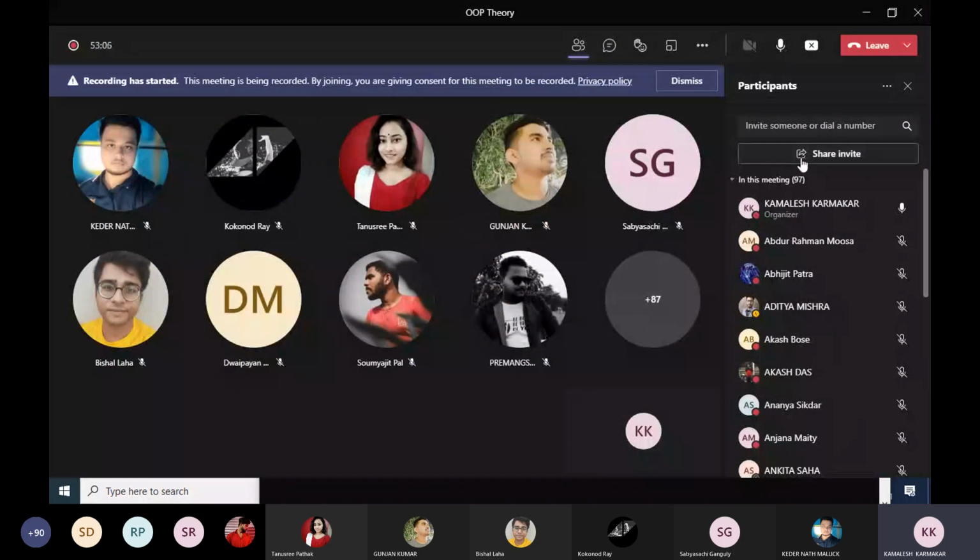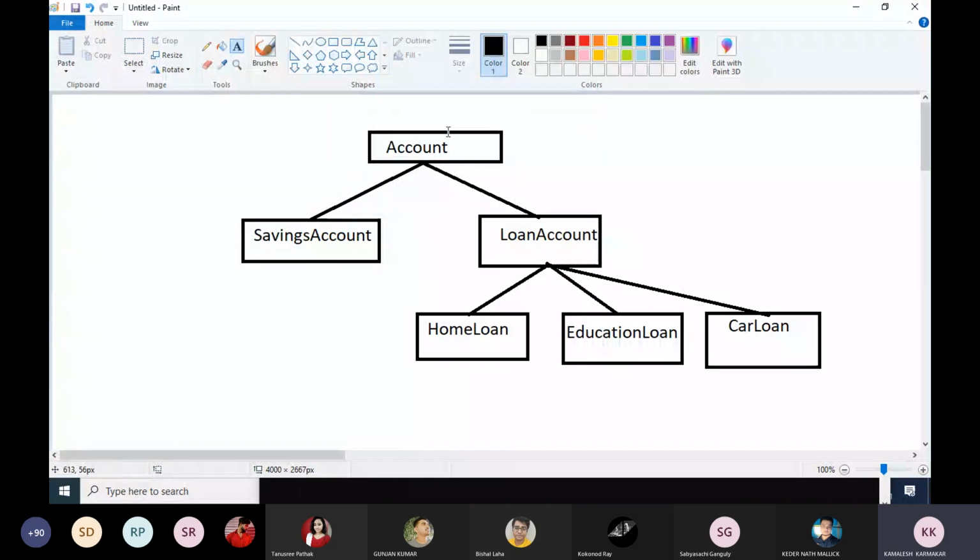Give me just 2 to 3 minutes more. I know that you are already tired, but just to complete this part here. So this is the parent-child relationship. Now if we move in this direction upwards, and if we move in the opposite direction,